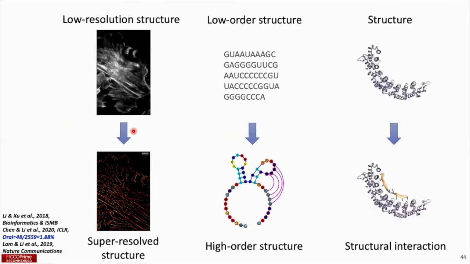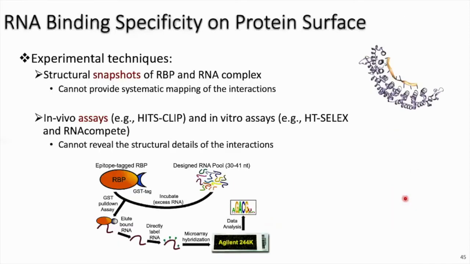After knowing the biomolecular high-order structure, the next thing we care about is their function. That is how they can interact with other molecules. So in the final project, we will investigate the interaction between RNA and RNA-binding protein. Essentially, for interaction between two molecules, we care about two pieces of information. First, given the two molecules, whether they can interact. And secondly, if they can interact, at which position and through which chemical groups they can interact. In other words, the interaction details.